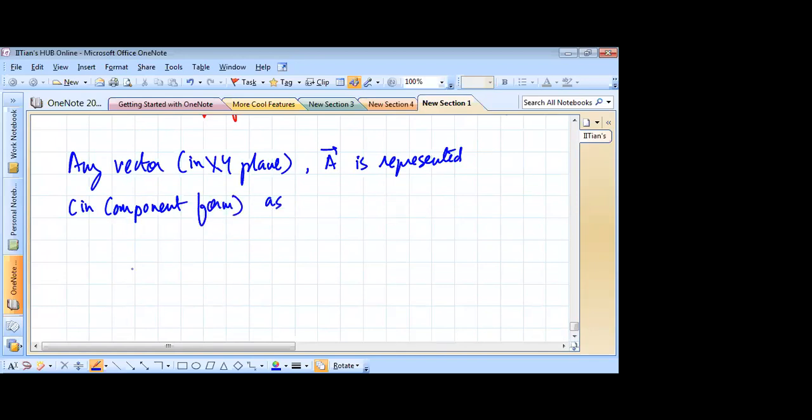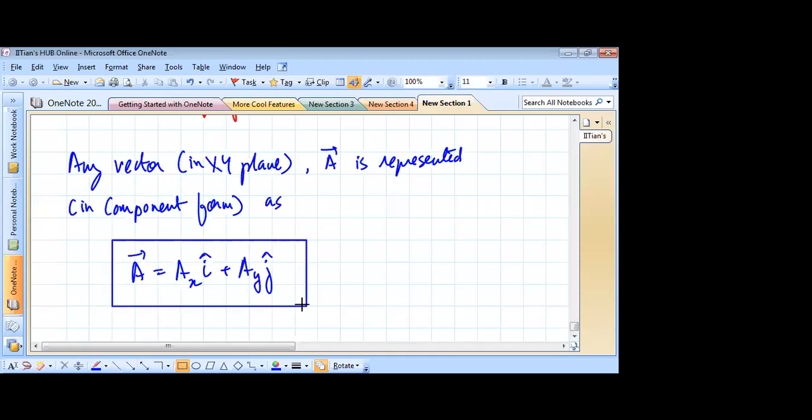So any vector is now represented by an equation like this, that it is some scalar quantity which we can write as Ex multiplied with I cap plus some scalar quantity Ey multiplied with J cap. So this is now called the component representation of a vector. So this is vector E represented in what we call component form,